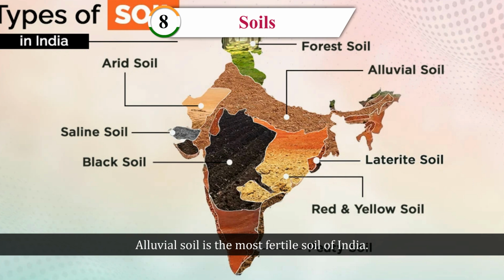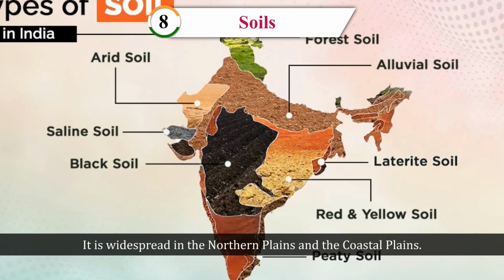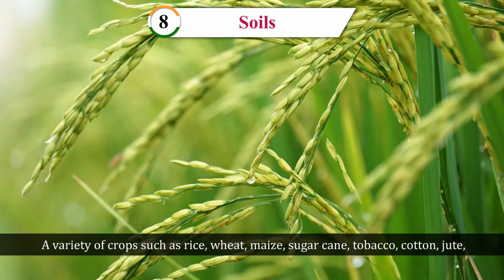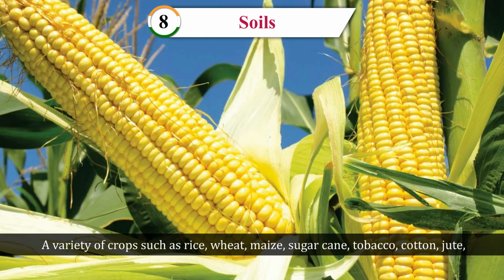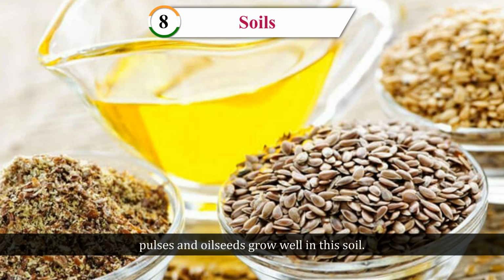Alluvial soil. Alluvial soil is the most fertile soil of India. It covers almost 40% of our country. It is widespread in the northern plains and the coastal plains. A variety of crops such as rice, wheat, maize, sugarcane, tobacco, cotton, jute, pulses and oilseeds grow well in this